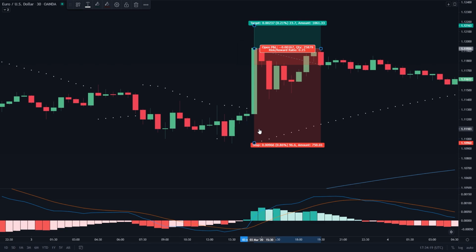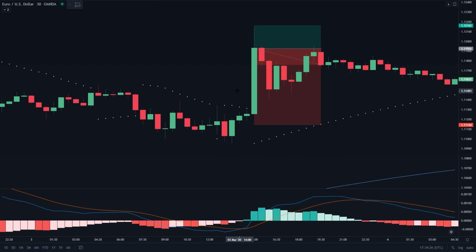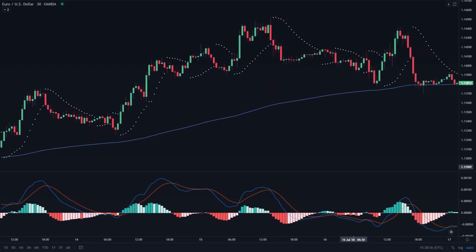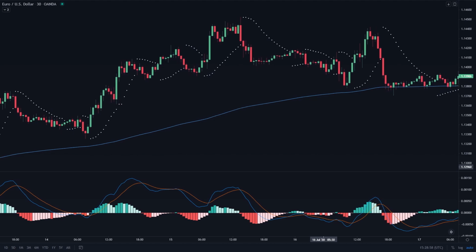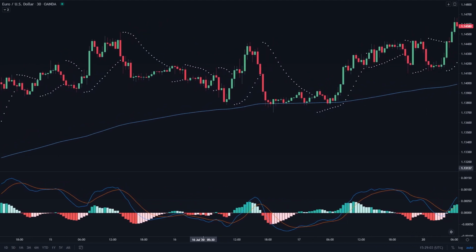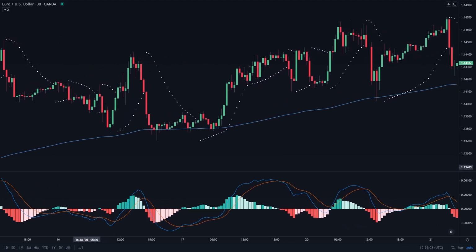And that is why I recommend limiting your stop loss to only 0.7%. So no matter how far the Parabolic SAR is, your stop loss will never exceed 0.7%. However, by doing this, you will also limit your upside potential. So it's really up to you depending on your risk tolerance. And remember, I only tested this strategy using one setting. If you want to optimize this strategy further, you can backtest it yourself using different settings to see which one works best for you. So, I just revealed to you a simple, high win rate strategy that you can immediately